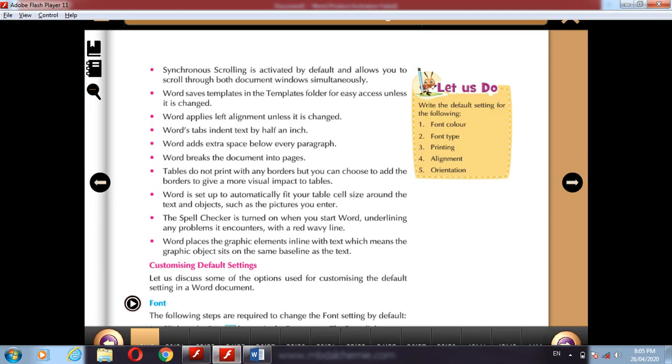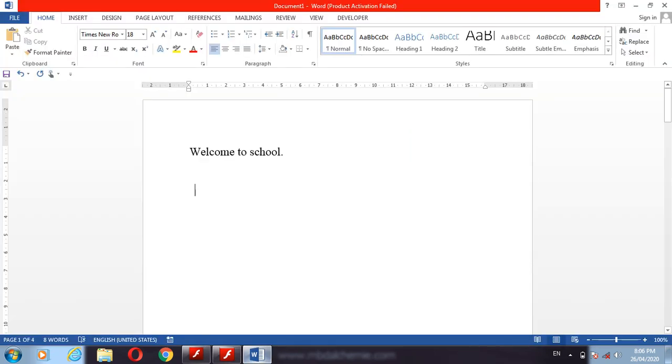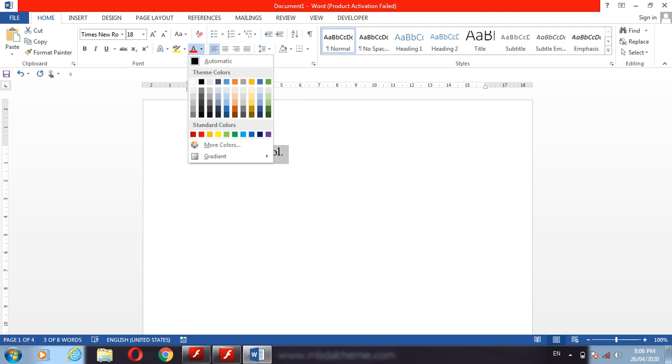Spell checker. Now the next topic is Word places the graphic elements in line with the text, which means the graphic object sits on the same baseline as the text. That means we can change the color of the text, just go in the home tab, click on the color, what color you want to make, you can choose that color.